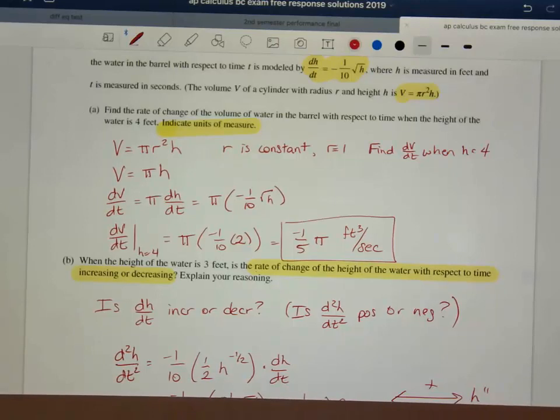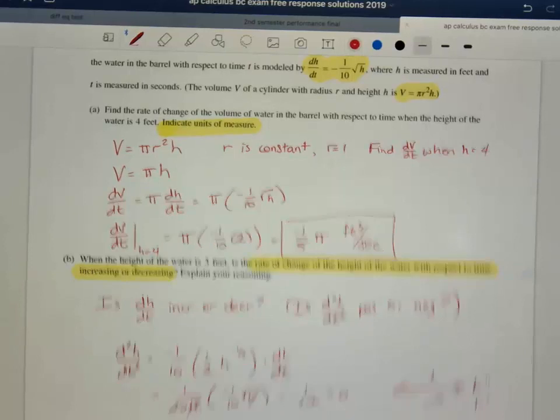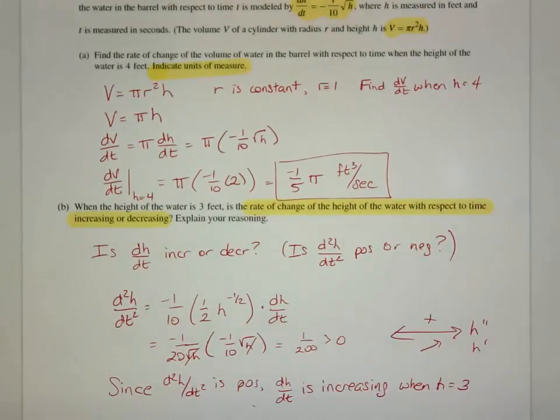So it's like taking the derivative of a y. Then you clean up the left-hand part, which is negative 1 over 20 root h, and then it's negative 1/10, because you substitute back in what dh/dt is. The square root of h's cancel out, so you end up with a positive 1 over 200, which is always positive. Since the double prime is positive, that means h prime is increasing. And since d squared h over dt squared is positive, dh/dt is increasing. Since the second derivative is positive, dh/dt is increasing when h equals 3. It's actually increasing all the time. All right,